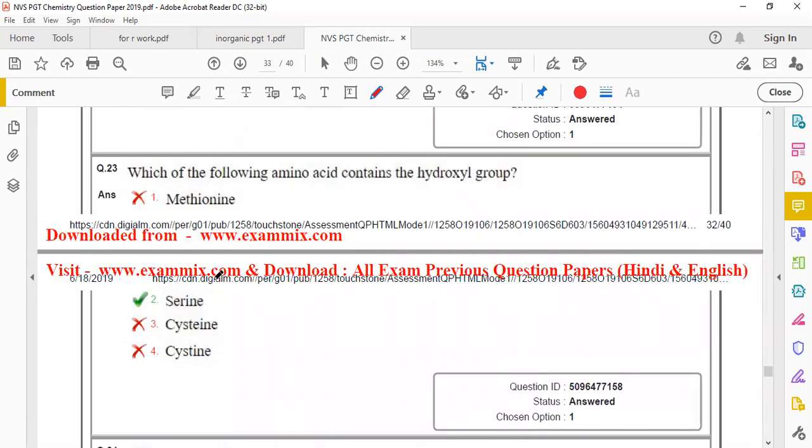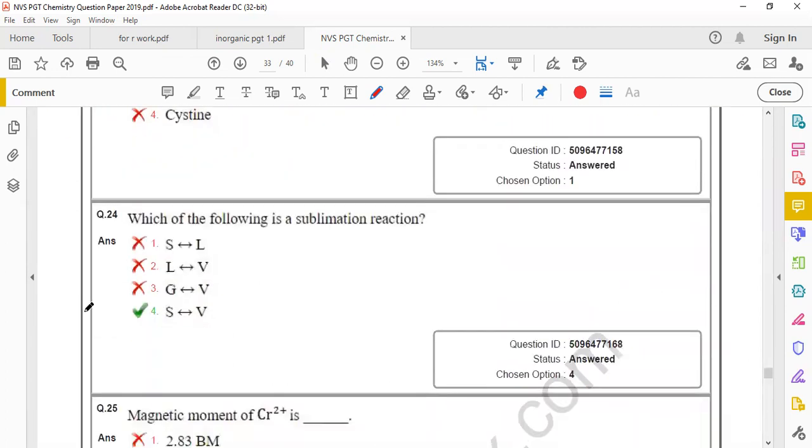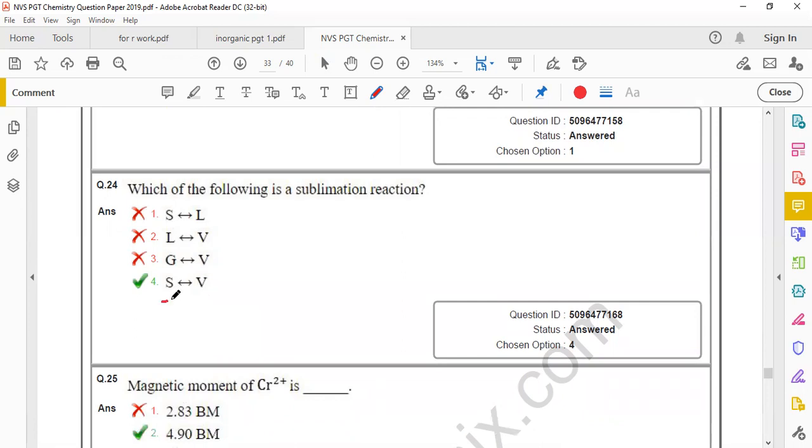Next question is, which of the following amino acids contains the hydroxyl group? Hydroxyl group is present in serine. Next question is, which of the following is a sublimation reaction? In a sublimation reaction, what will happen? Entropy and volume, right? Both will be at equilibrium. Next question is,